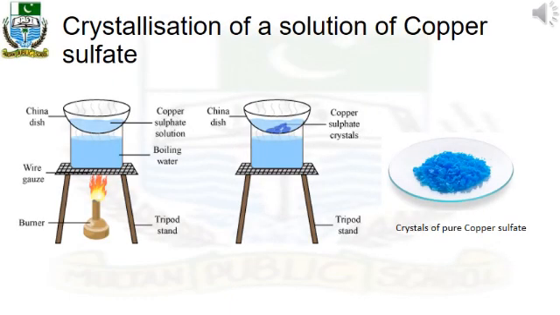The process of crystallization can be used to separate pure copper sulfate crystals from an impure sample of copper sulfate. There are different conditions which are necessary for the process of crystallization. The slower the rate of evaporation, the larger the size of crystals. The second thing is the filtrate should never be evaporated to dryness. The solution that is used to form crystals should never be evaporated to dryness, otherwise it will destroy the crystals and either they will not form, or if they form they will be of very small size.